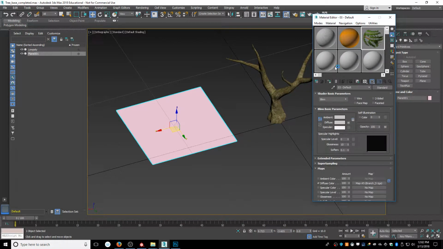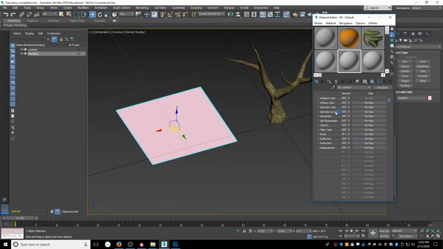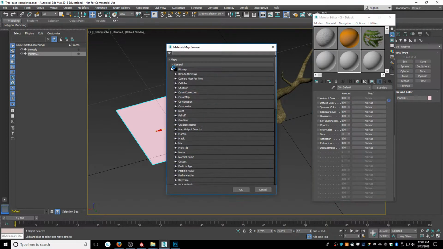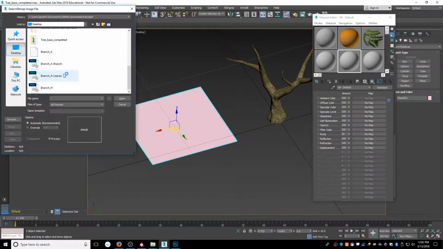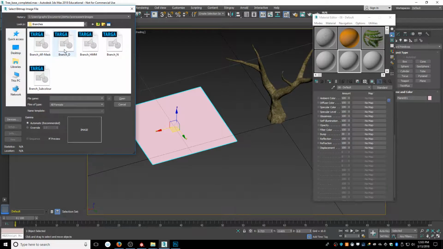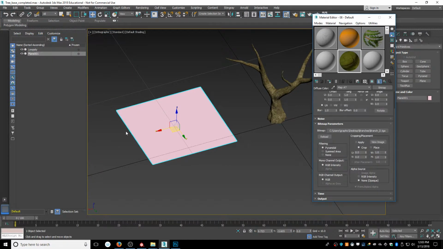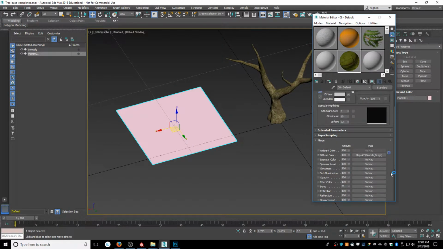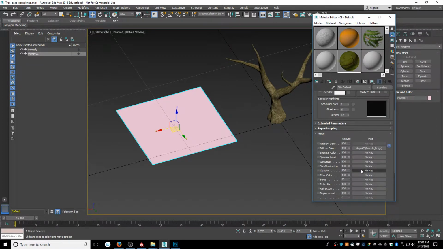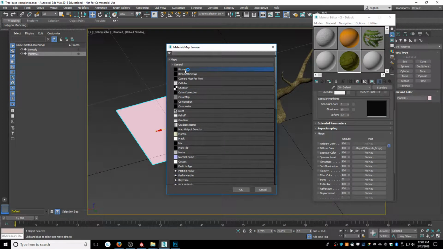I'm going to go here to material. I'm going to select a brand new material. I'm going to go to maps, diffuse color, click on no map, and then bitmap. I'm going to go to my desktop, find where I saved the locations. I'm going to use diffuse. So select diffuse, open. And now I'm going to go to parent to go back to my original stack. And I'm going to go to opacity, click on no map, click on bitmap,